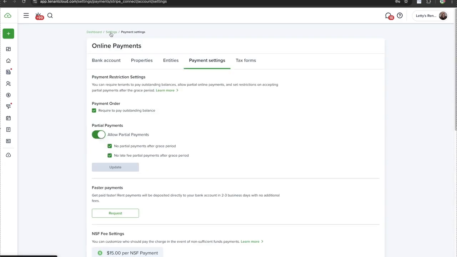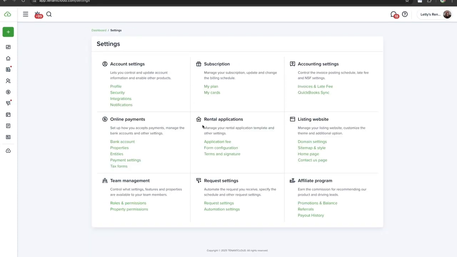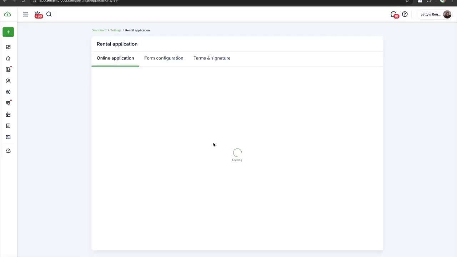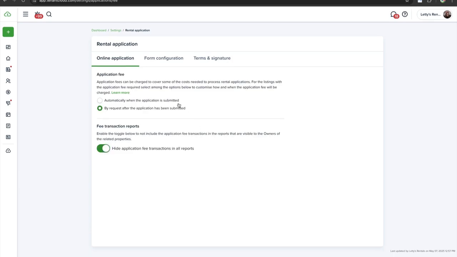So the next section that we're going to look at is the rental application settings. And we'll go ahead and start on this application fee section. So with rental applications, there's a lot of customization that's available for you. One of the things that we do allow customization on is how you invoice the application fee. We do understand that there are different rules in different states across the country, different areas, and so there's also just different management styles. So one of the things that you could do here is actually enable